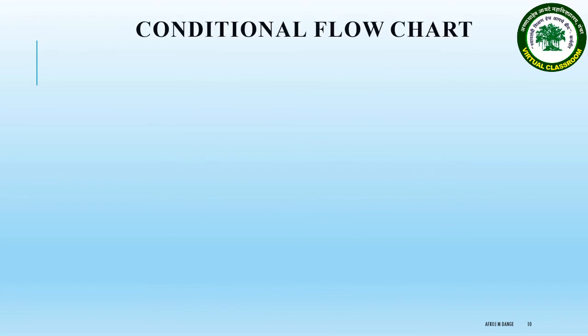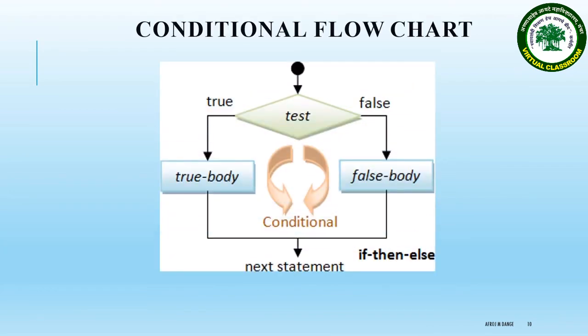Next structure is the conditional flowchart. This structure is also called decision, if-then-else, or conditional. Depending on the answer, the control follows either of two paths. That means this one is path 1 and this is path 2, or vice versa. Conditional statements specify what behavior is desired if a particular condition is met.